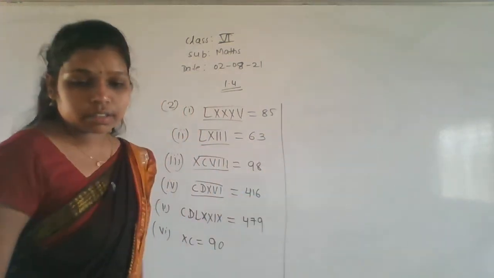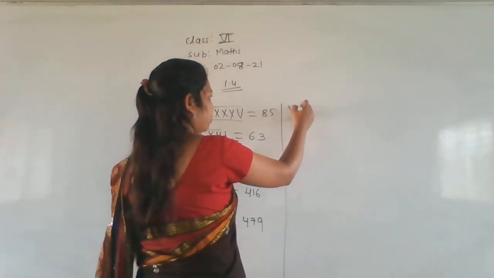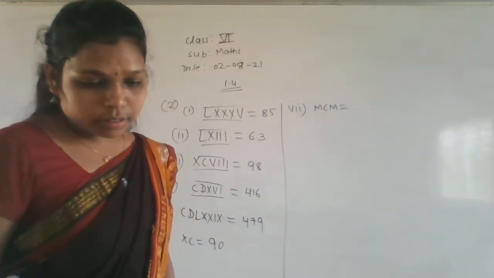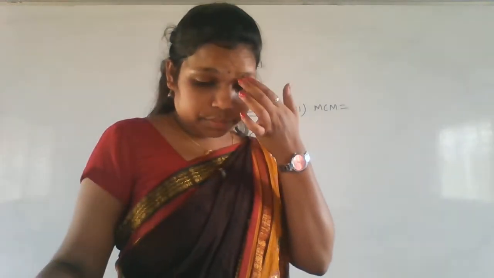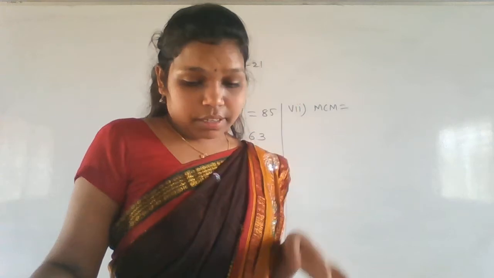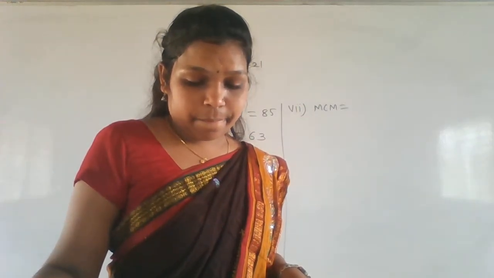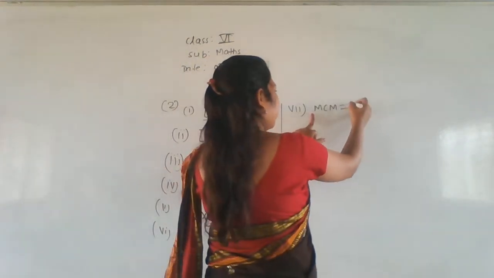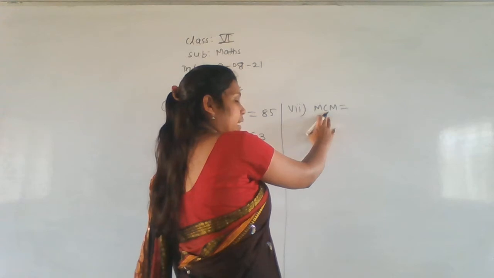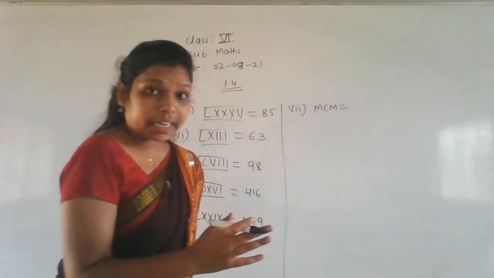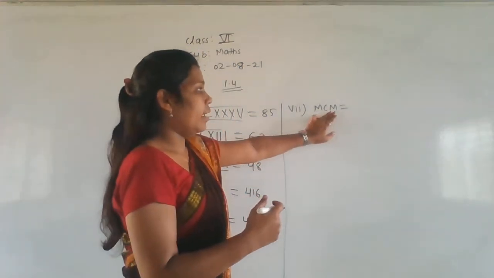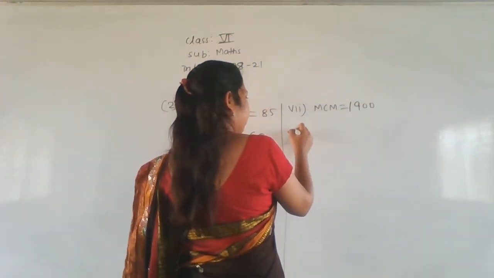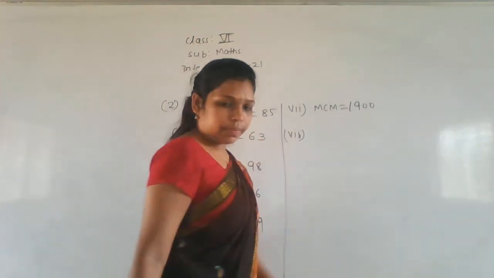Next, 7. MCM. M means 1000. Yeah, M means 1000. Again CM means here 900. So before M there is a C, which means you have to subtract the 100 from the 1000. So this will be the 900 and this will be the 1000. So what is the value here? 1900. Okay. Next one.